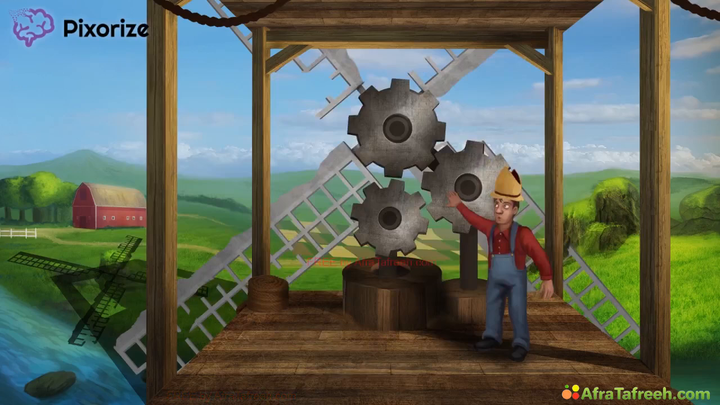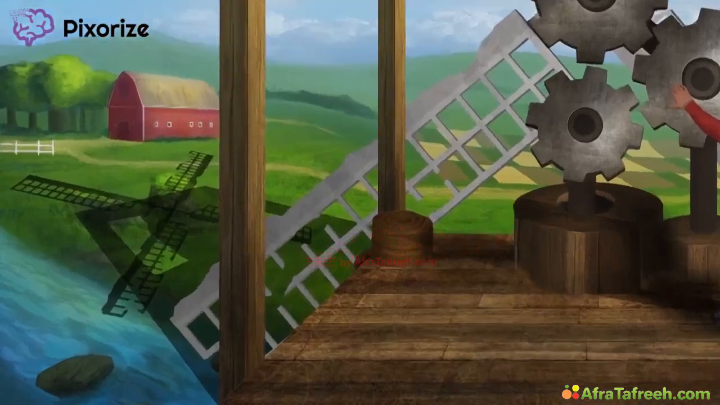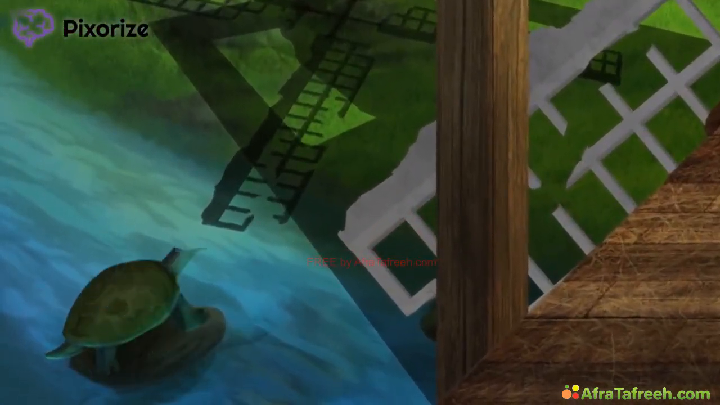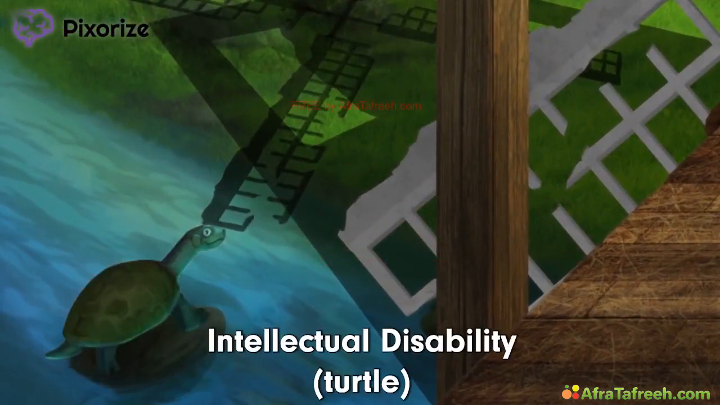You know how windmills are always placed beside streams? Well, take a look at the most important inhabitant of this stream, a turtle. Yeah, as you already know, turtles are a recurring symbol for developmental delay. Because what's more delay than a turtle? Specifically, intellectual disability in Fragile X syndrome is important to